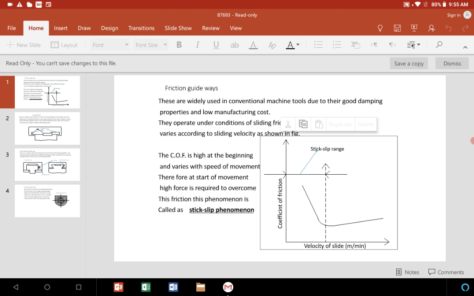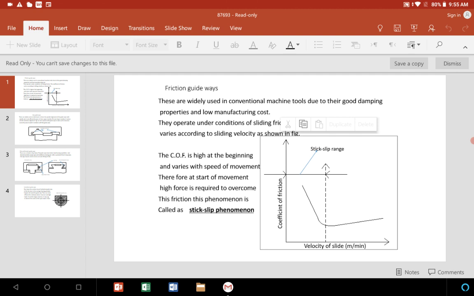Usually for the sliding members or sliding parts, initially it will be very high, so for the movement it takes a lot of torque or force, and as the speed goes on increasing, the friction also